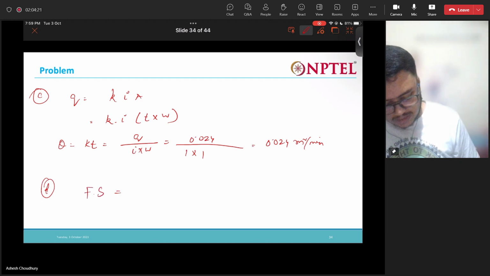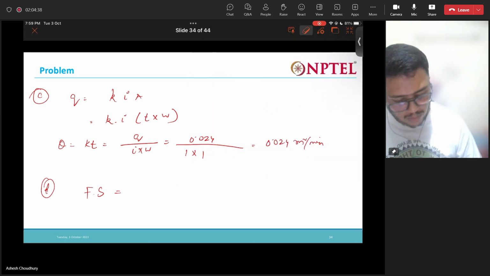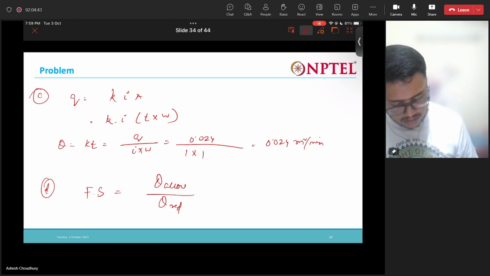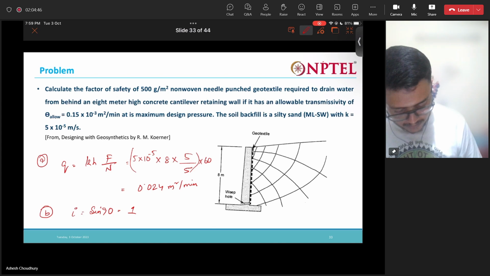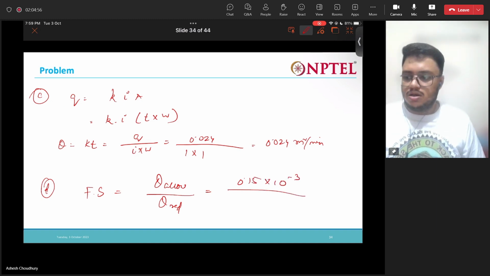factor of safety. What is factor of safety? Theta required by theta allowable. Theta required is 0.024. Sorry, I wrote it opposite, right? It should be theta allowable by theta required. So what is theta allowable? 0.15 into 10 to the power minus 3. 0.15 into 10 to the power minus 3 divided by